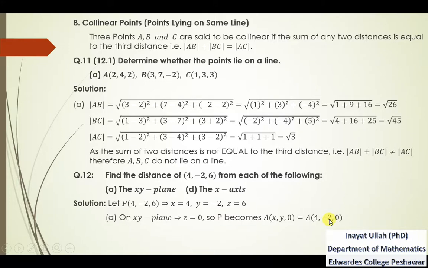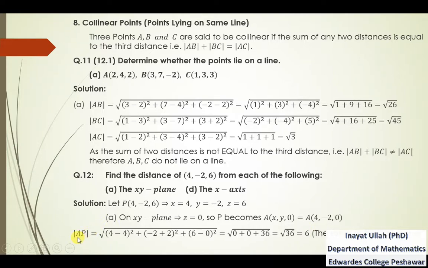So this is the point on the xy plane, and this point is named as A. So we are going to calculate the distance between this A, which is on the xy plane, and this point P. So AP distance,